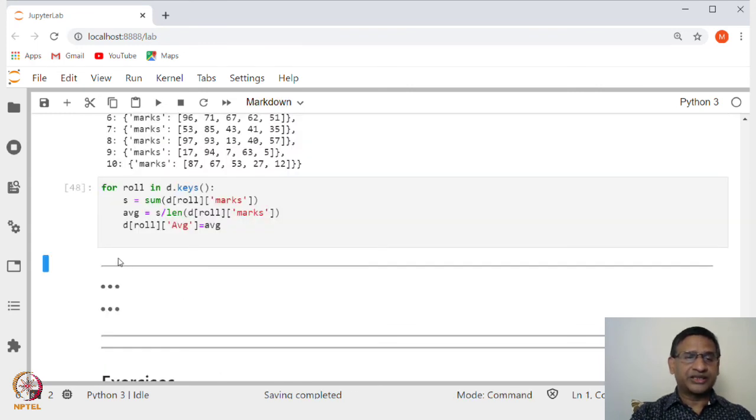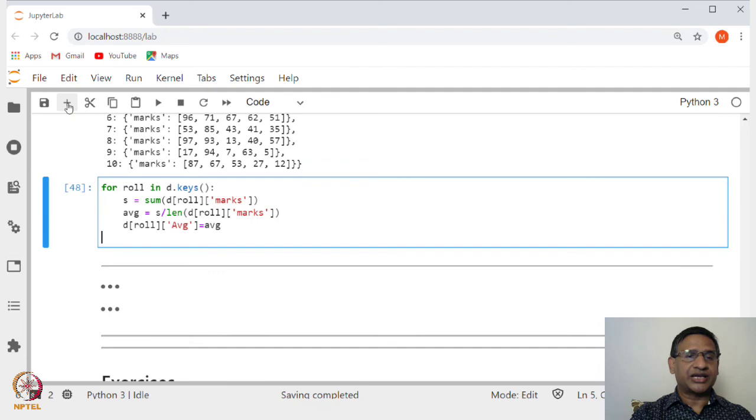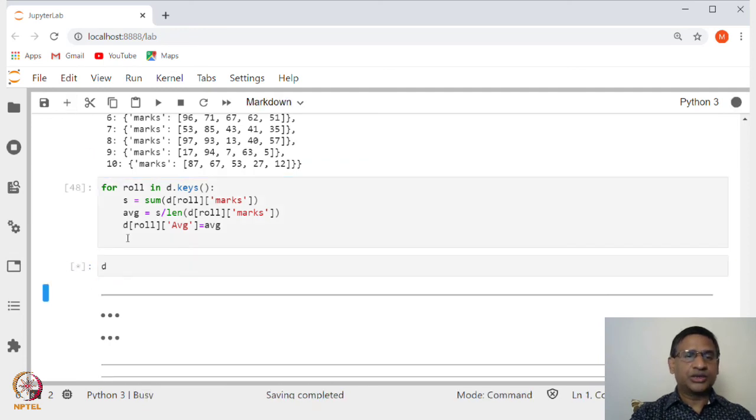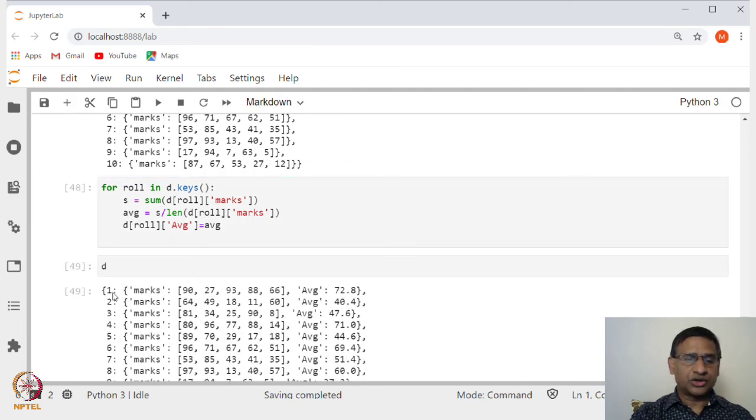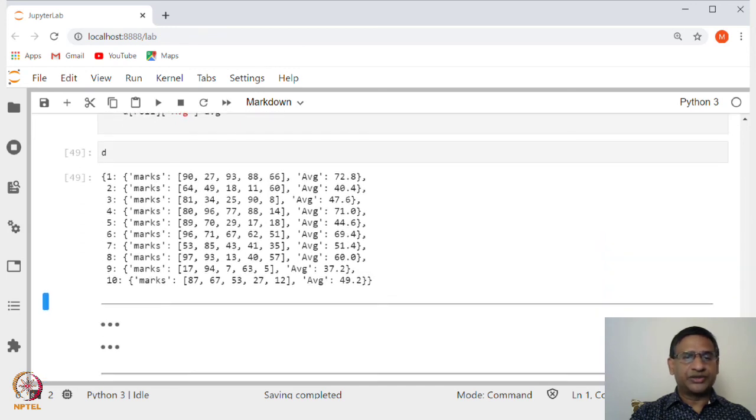Let us run this, and now if I ask what is D, you will see that for the first roll number these are the marks and its average is added. So, this is one example in which we are iterating a for loop over a dictionary.